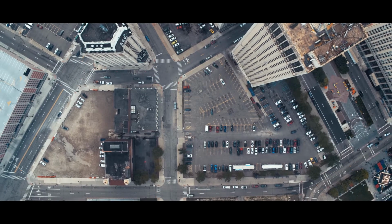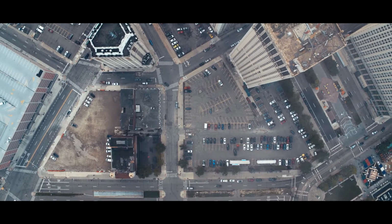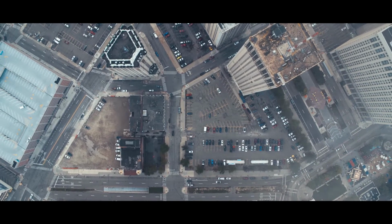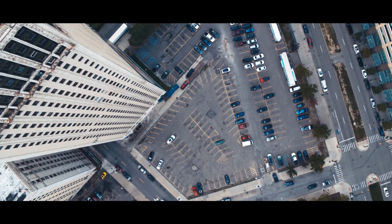I don't think of a missing heart as a loss. I think of it as a longing and an aspiration to do something great. The Monroe Block site is 2 separate blocks, and it's a total of about 3 acres. Within that 3 acres of land is surface parking lots, and it is the missing piece, if you will, within